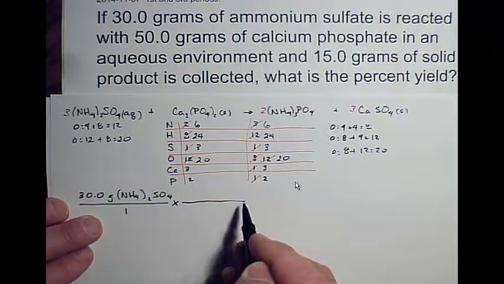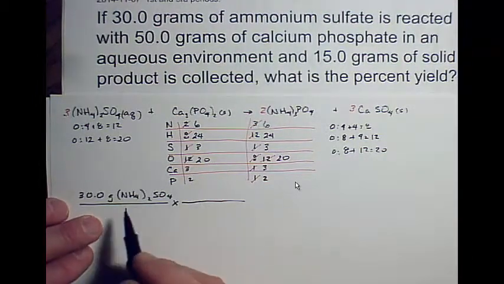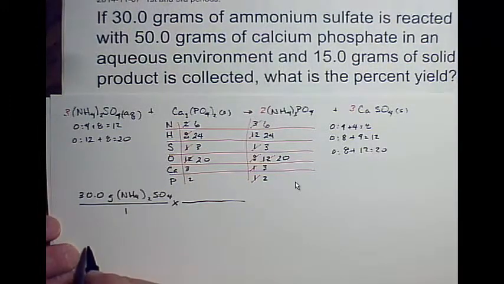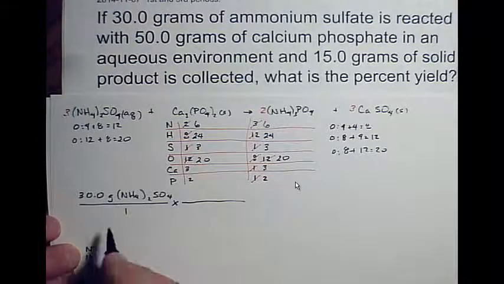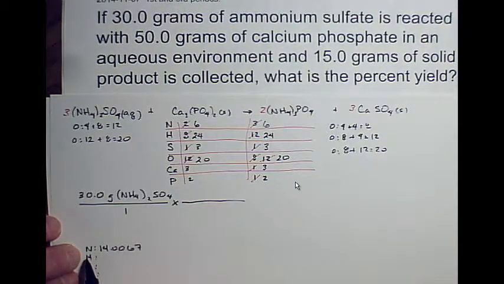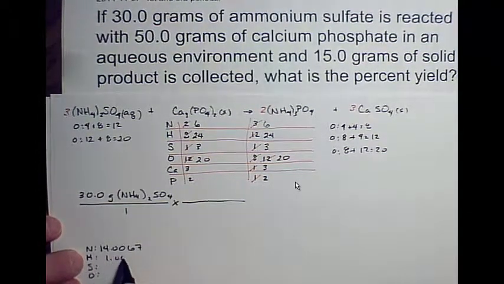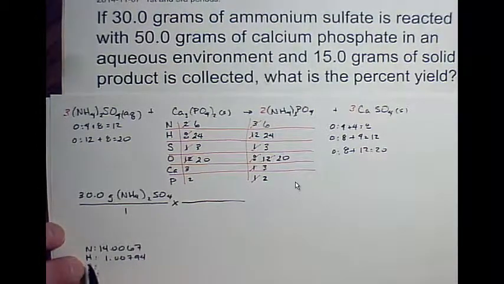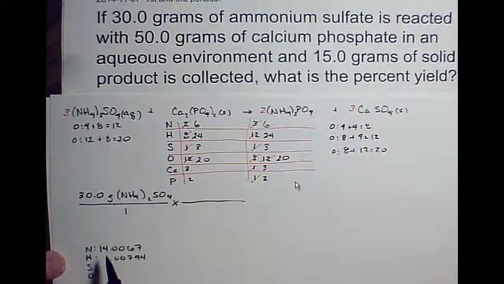All right, so I need a molar mass ratio here in order to convert from grams to moles. So I'm going to calculate the molar mass of ammonium sulfate. I've got nitrogen and hydrogen and sulfur and oxygen. Nitrogen is 14.0067. That's its atomic mass. The molar mass is the sum of all the atomic masses of all the atoms in a formula unit in units of grams. So I've got that. I've got 1.00794 for the atomic mass of hydrogen. Sulfur's is 32.065, and oxygen is